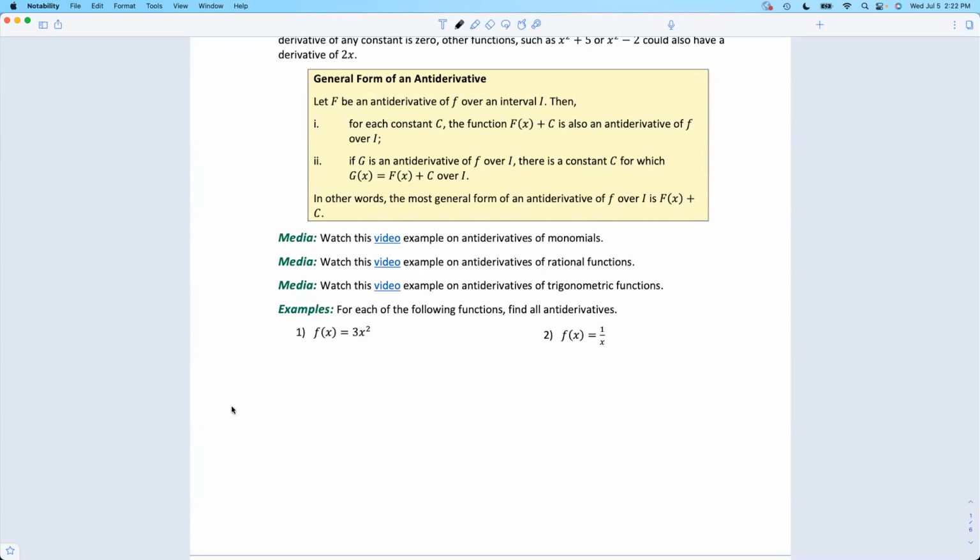So the derivative of x to the n, the regular old derivative, power rule says bring that n down to ground level and then drop that exponent down by 1. That's the derivative. When we're going backwards, the antiderivative